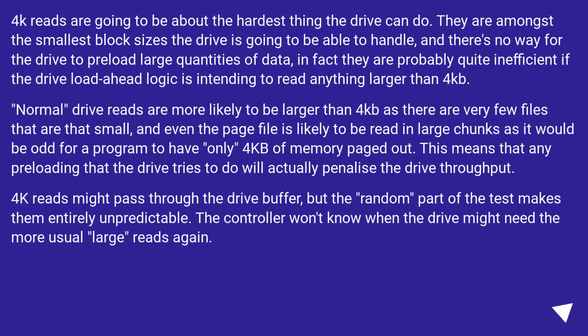4K reads are going to be about the hardest thing the drive can do. They are amongst the smallest block sizes the drive is going to be able to handle, and there's no way for the drive to preload large quantities of data. In fact, they are probably quite inefficient if the drive's read-ahead logic is intending to read anything larger than 4 kilobytes. Normal drive reads are more likely to be larger than 4 kilobytes as there are very few files